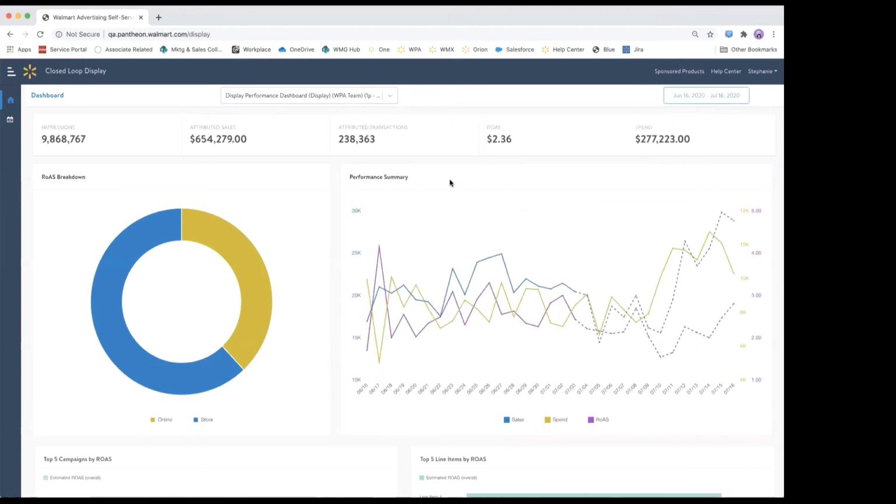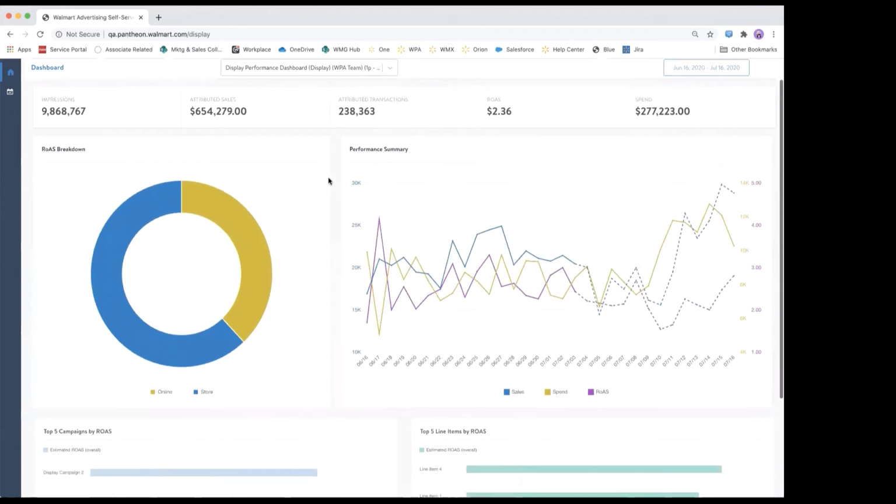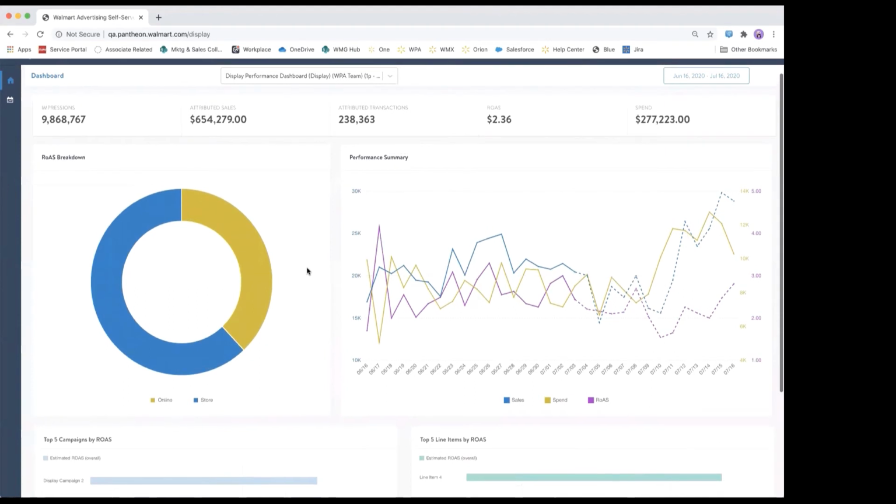before we move on. So here in the dashboard, you'll first find a ROAS breakdown here on the left-hand side. That's going to show you ROAS for all of the live campaigns during this time period, split between online and in-store ROAS. Then on the right-hand side chart here, you'll see a performance summary. That's going to show you sales, spend for your campaign, and ROAS, again, for all campaigns that were live during